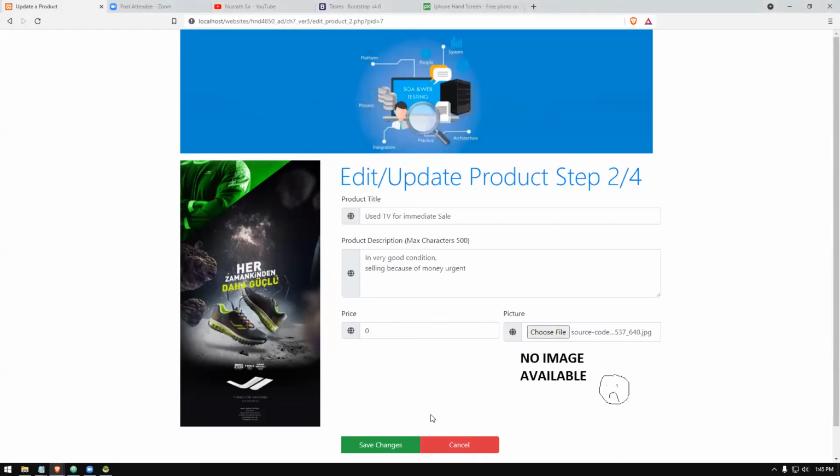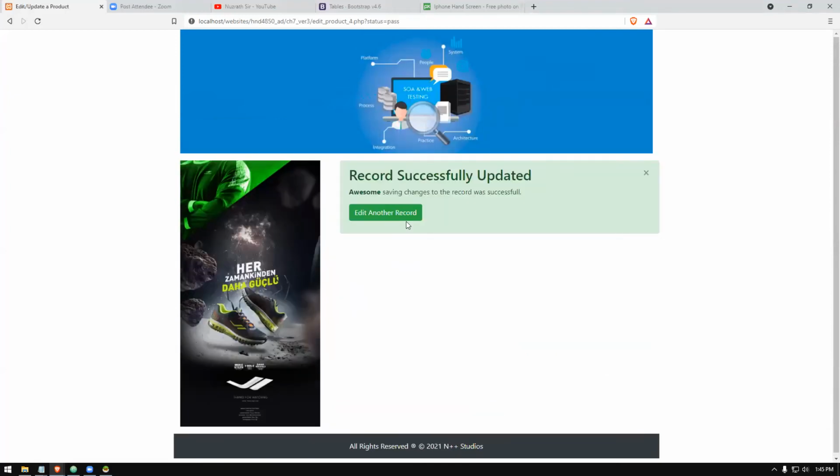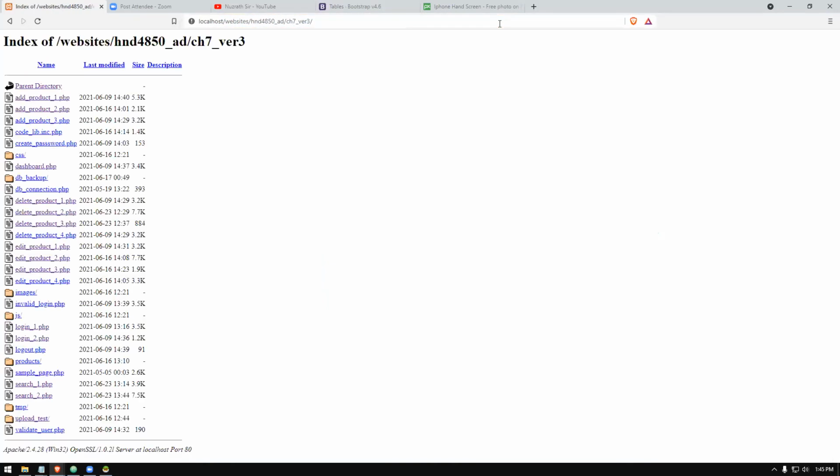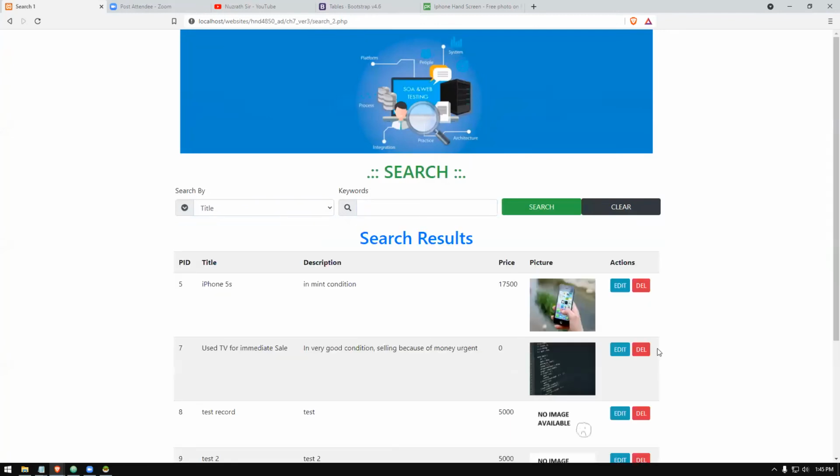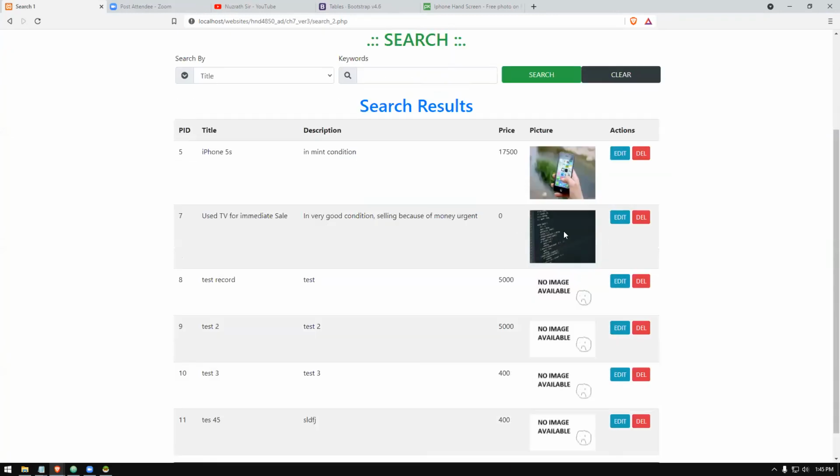That one, it's a JPG image. So let's update it. So it's getting updated. The only thing is we can't directly go to the dashboard. We need to update these things. I will do it in another video, don't worry. We will do a fine tuning for that. Right, so when you go to the search now, and if you search, there we go. The product that we added is here.